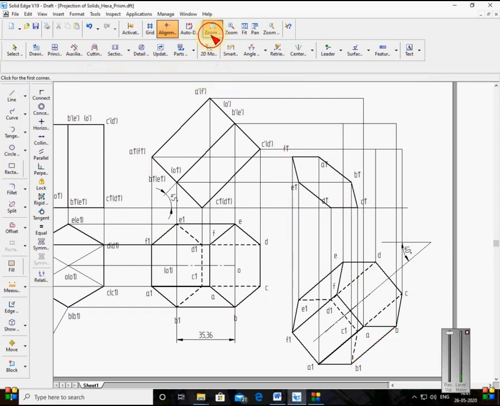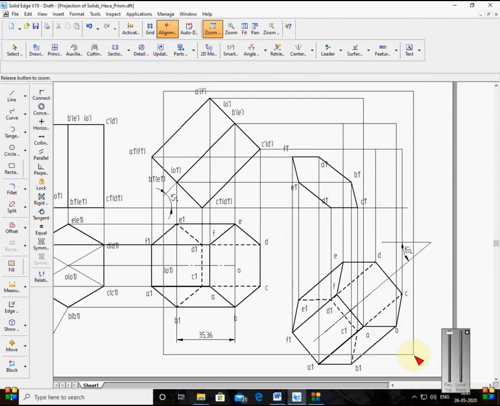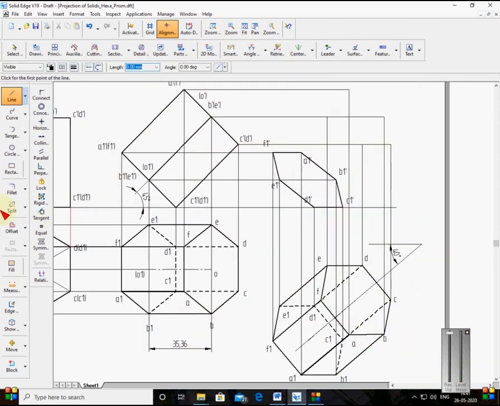So just see here, don't get confused. There are so many points here. Now I'll type here. See where is A? This A is here. I bring it here. It is A dash. And here it is B. It is B dash. And here it is C. It is C dash. And here it is D. D is here. It is D dash. And where is E? E is here. See, this is E. It is E dash.